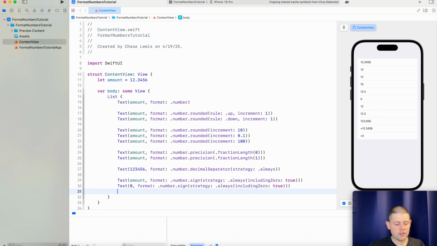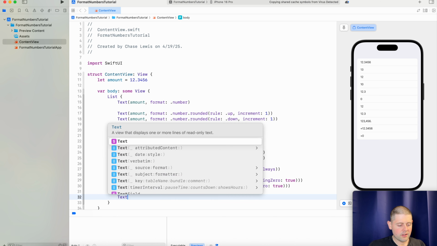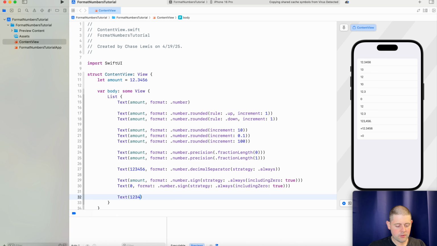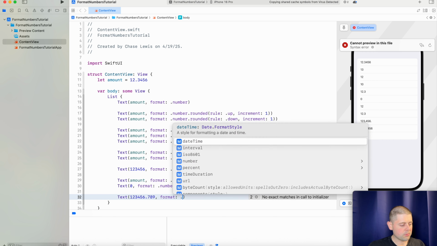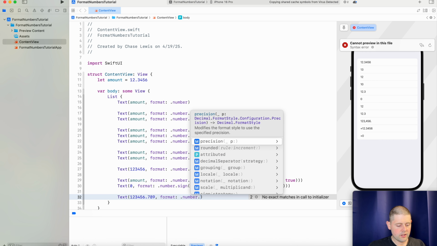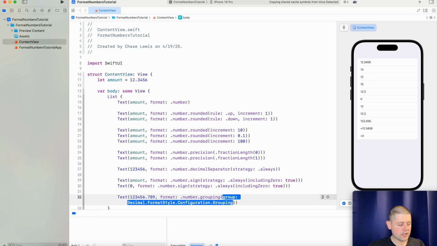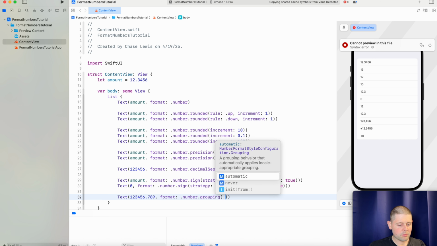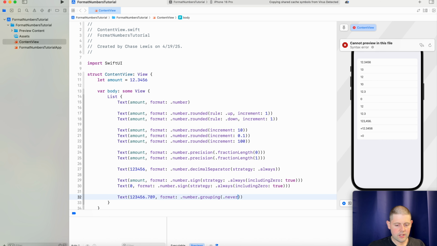Now, I don't know about you, but I always like to see a decimal separator. However, if you're not one of those people, you can come in here and we'll use another large number, and we'll pass a format with a number, and we can tell it to group in a certain way. And the grouping, for example, is never. And that will get rid of any of the comma values in our number. Again, that makes it way harder to read in my opinion, but that may be exactly what you're looking for